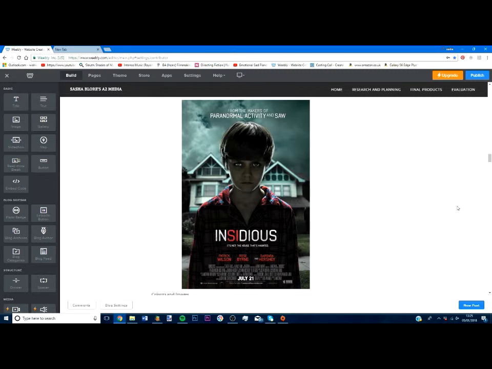Then we have the title, which is Insidious. The SI is red. Now there are multiple reasons for this. The actual makers of the films haven't actually given a proper meaning, but one of them is that the SI backwards would be "is", especially in this font, the S is the same upside down as well. So if you turn the poster upside down, the red bit is "is", and the whole slogan for the film is "Insidious is". So it again alludes to the child.